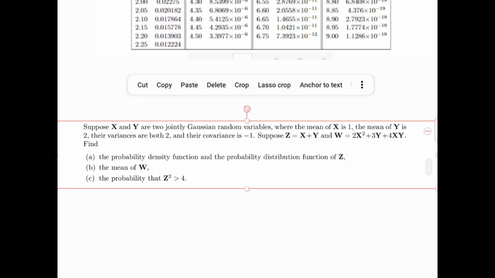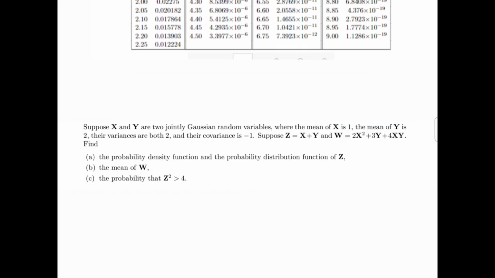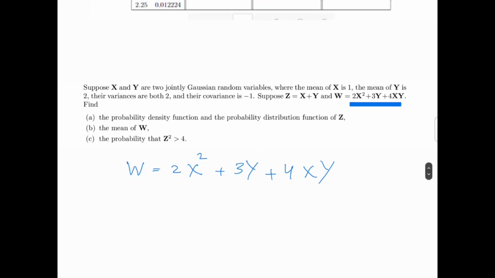The variable w is also a combination of certain variables: 2x squared plus 3y plus 4xy, and we are asked to find the mean of w. So if w is equal to 2x squared plus 3y plus 4xy, then taking the expectation operator on both sides,